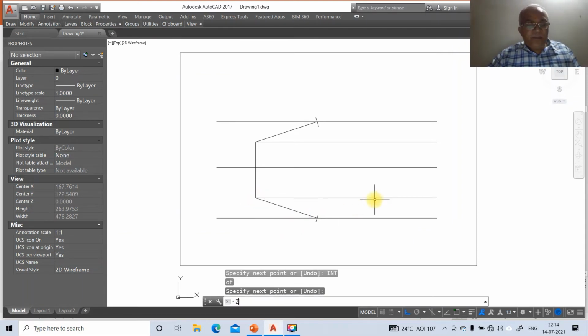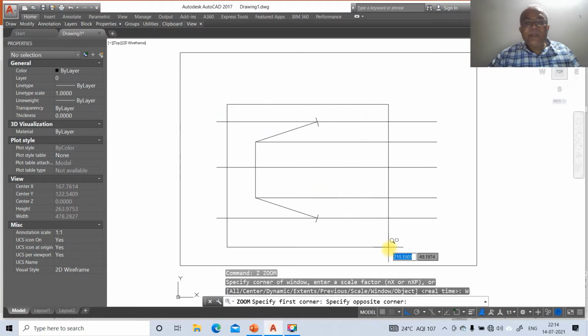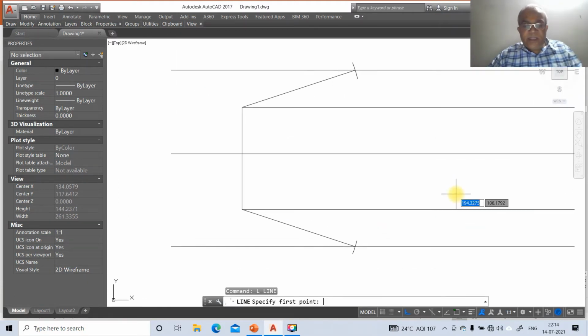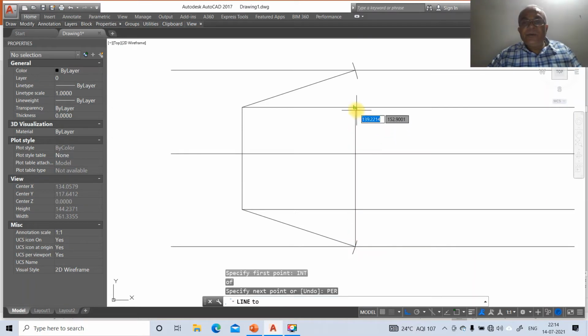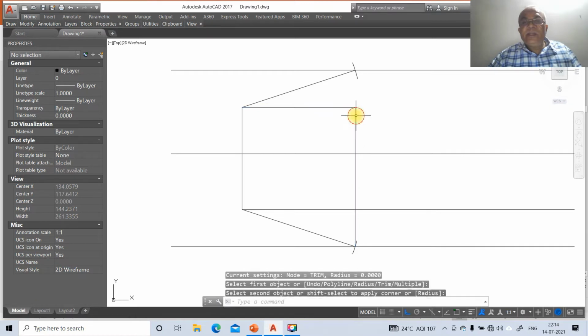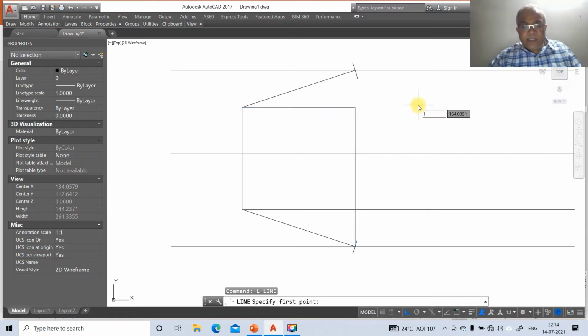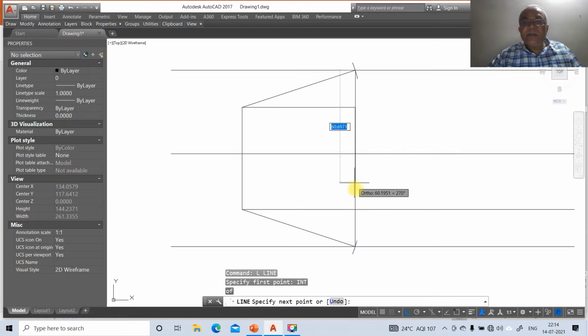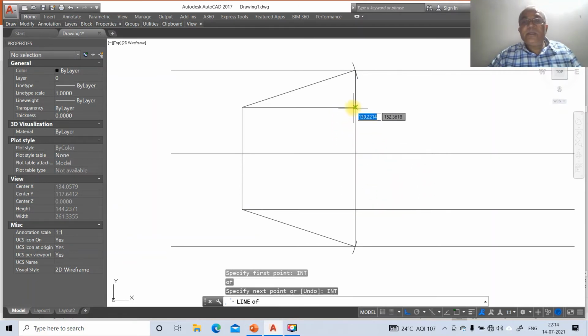Now we have written the front view and the top view true lengths. Now we go for line, take int of this and draw perpendicular to this. So you take this, then go to fillet between these two. So similarly, you go to a line, take int of this, and when you drag this, both will be on the same line. So I'll just go to intersect of this.